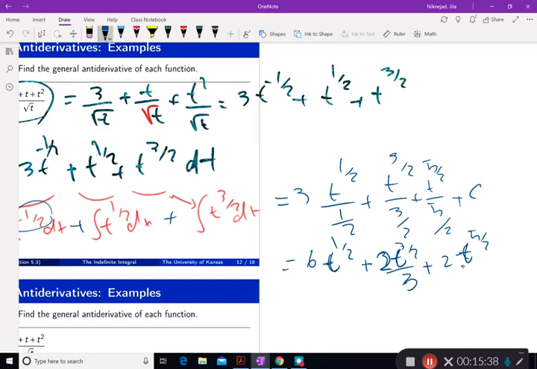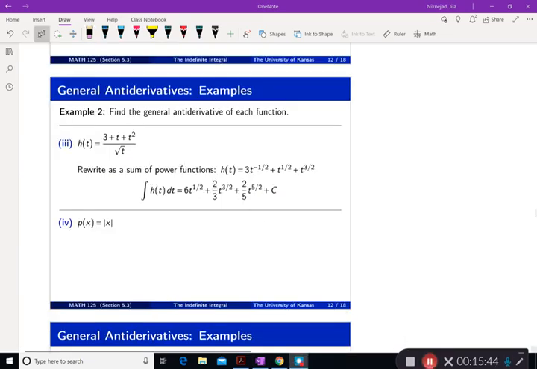divided by 5 plus c. And that becomes the antiderivative. Now, how do I take the antiderivative